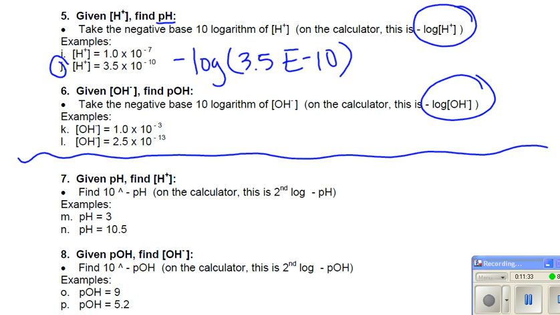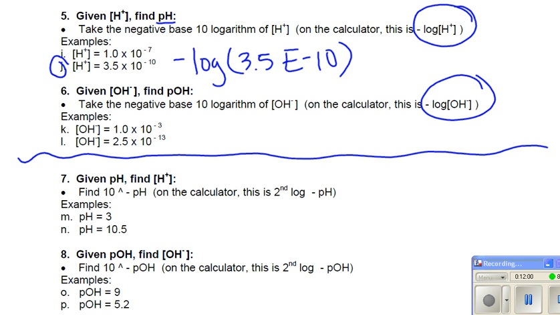If you're using a calculator that we use in class, which is a graphing calculator, I'm looking at a TI-84 right now. The log button is to the left of the number 7. So first you have to hit the negative button, not the minus button, but negative, which is kind of to the left of the enter button. So negative, then hit log